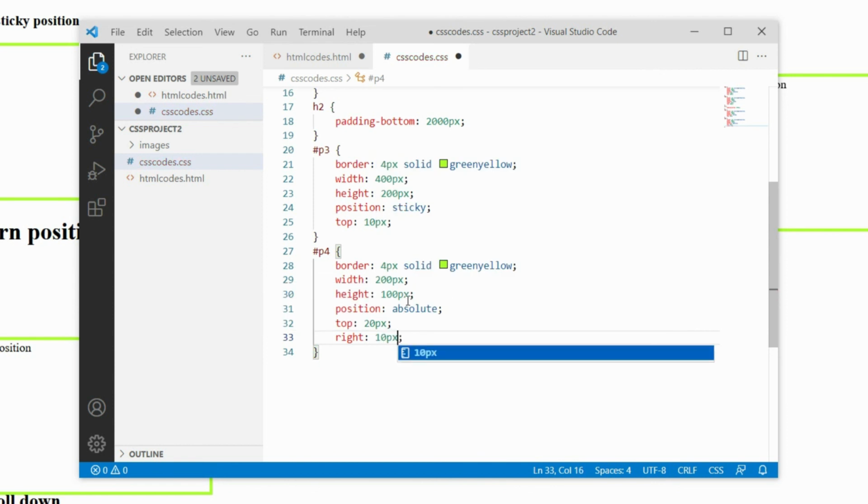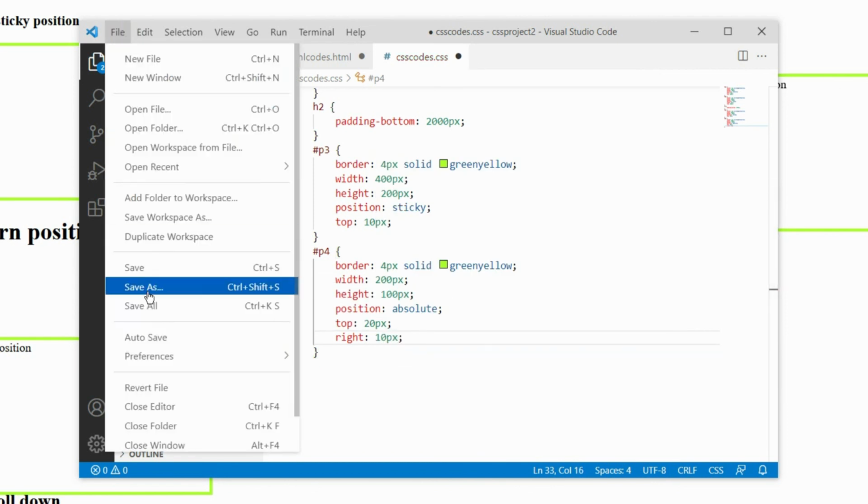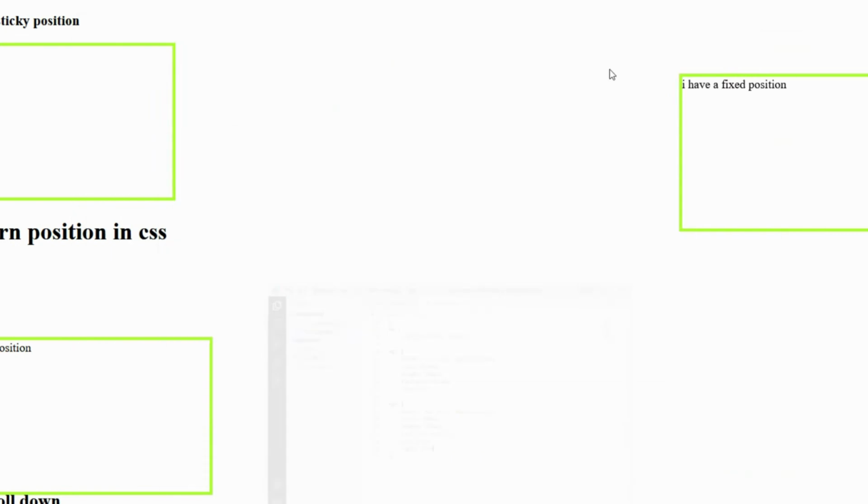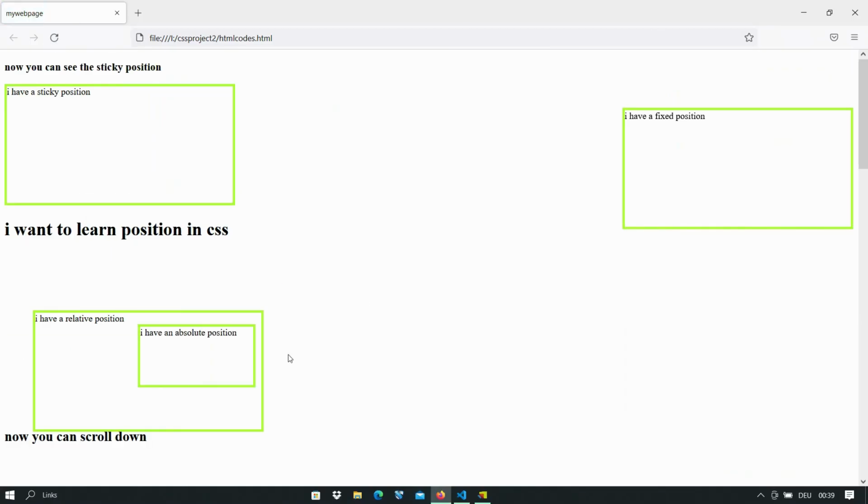For example, I save everything here, we refresh the browser, and you see that we have another box inside this one, but this time this box has got its position